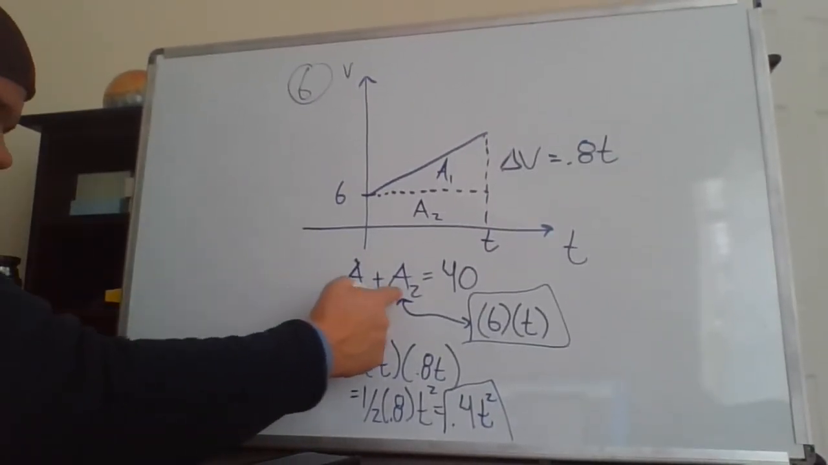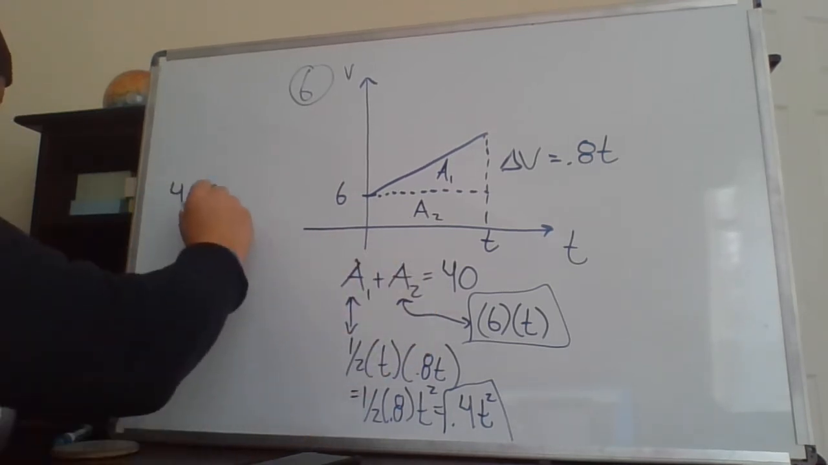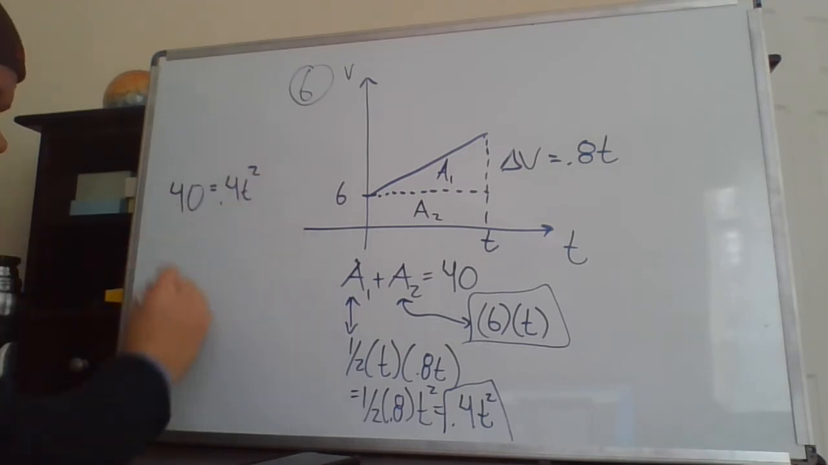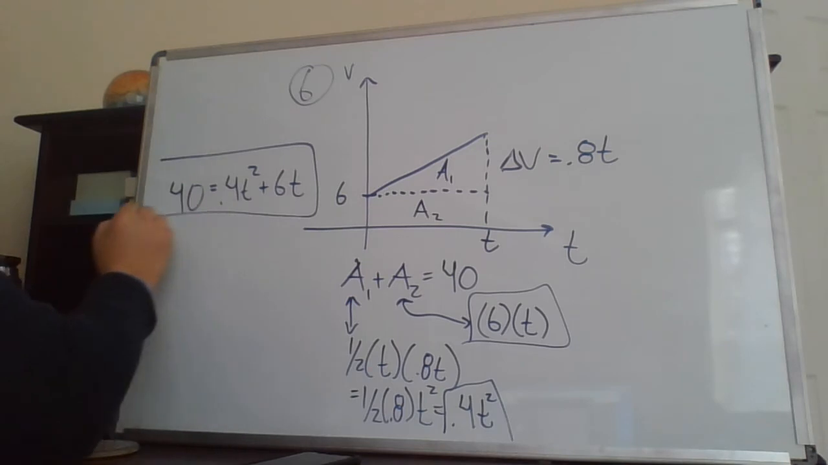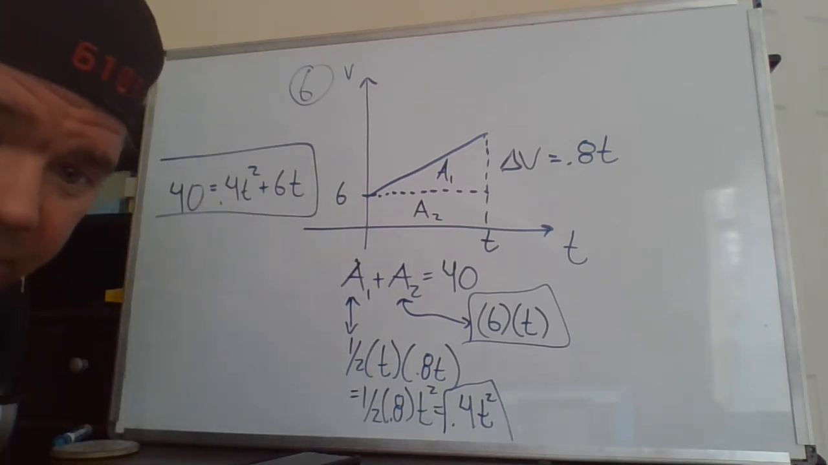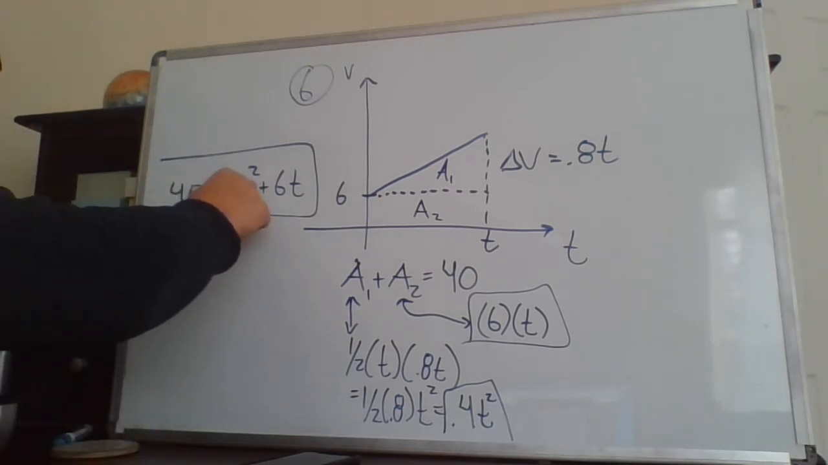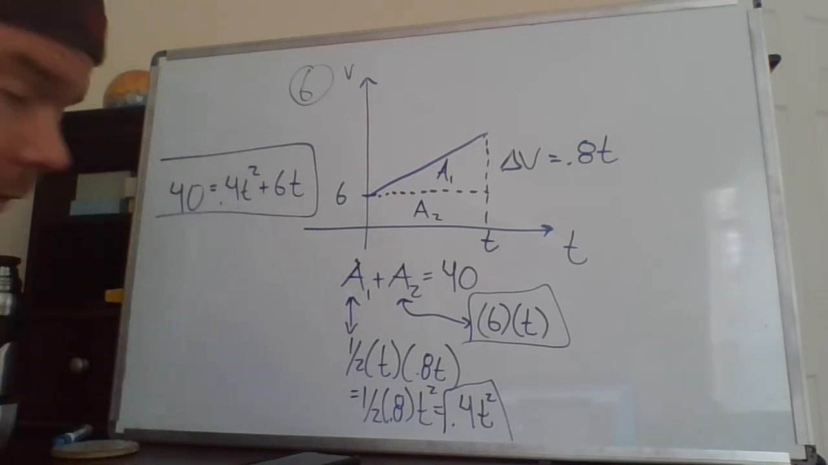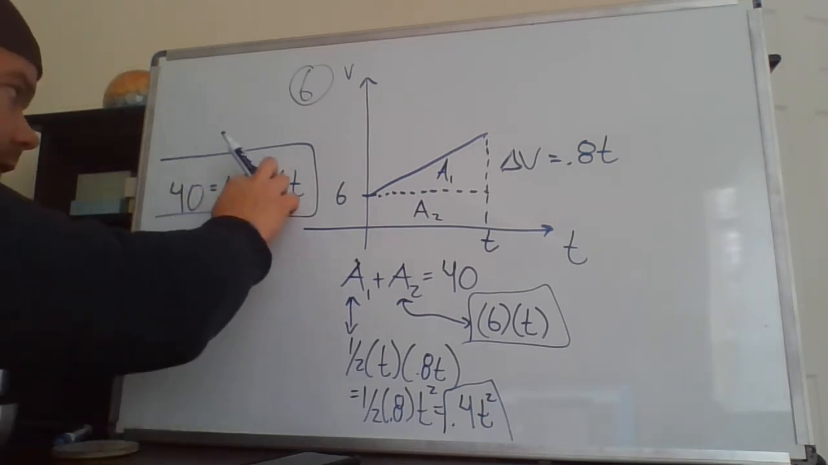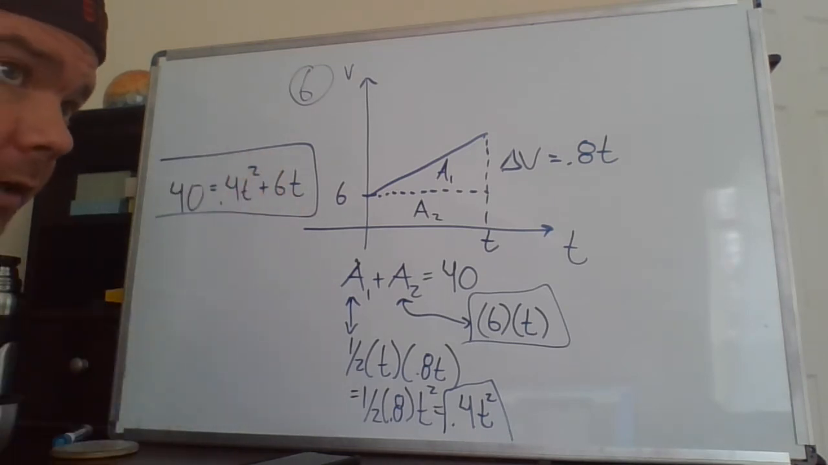We have A1 plus A2 equals 40. 40 equals 0.4 t squared plus 6t, okay? So that's kind of the final equation that needs to be solved for t. And again, when we've gotten to this point in the past, we've recognized that this isn't just a regular linear equation. This is actually a quadratic equation because there's a variable raised to the second power, okay? So solving an equation like this,